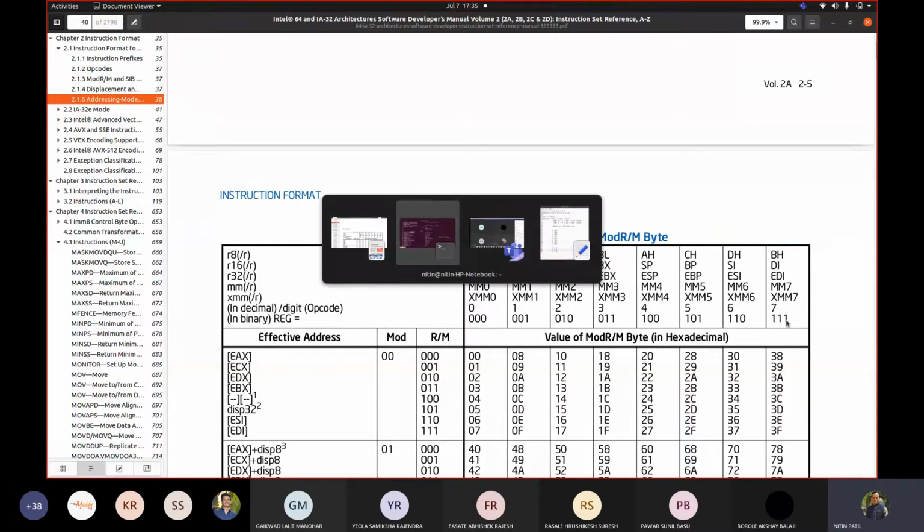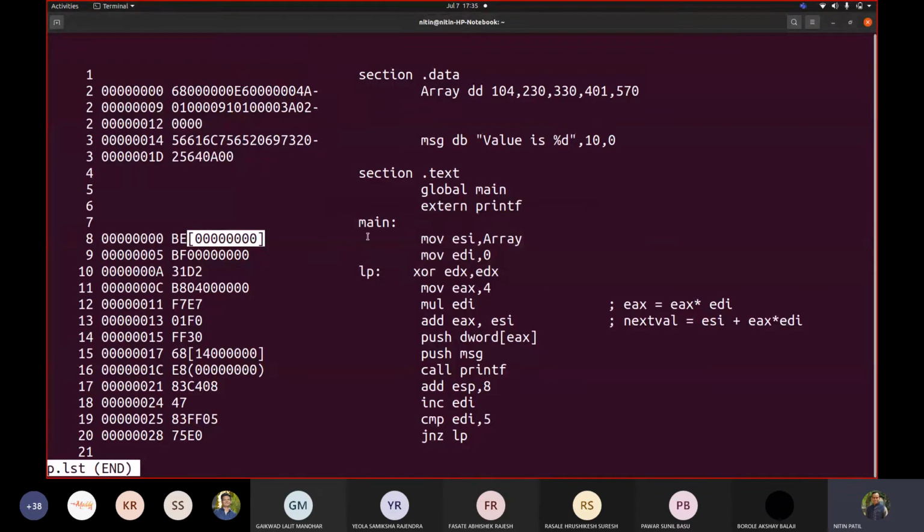So like 6 and 7 is added with B8. If I add 6, then I get this. If I add 7, then I get this with 8. Now, if it is like that, ultimately, how would I differentiate both the values? Which one is the immediate value and which one is the variable?